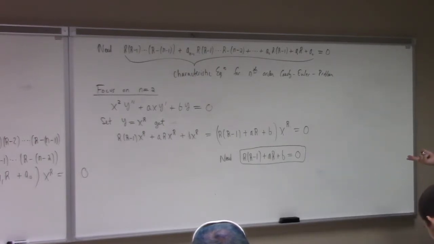And those two solutions will give us the homogeneous solution set, the fundamental solution set to the Cauchy Euler problem. In the same token, the nth order problem is an nth order polynomial in r. Fundamental theorem of algebra says that there exist n solutions, possibly repeated, possibly complex. And guess what? Those n solutions to the polynomial equation will produce n linearly independent solutions to the Cauchy Euler problem,